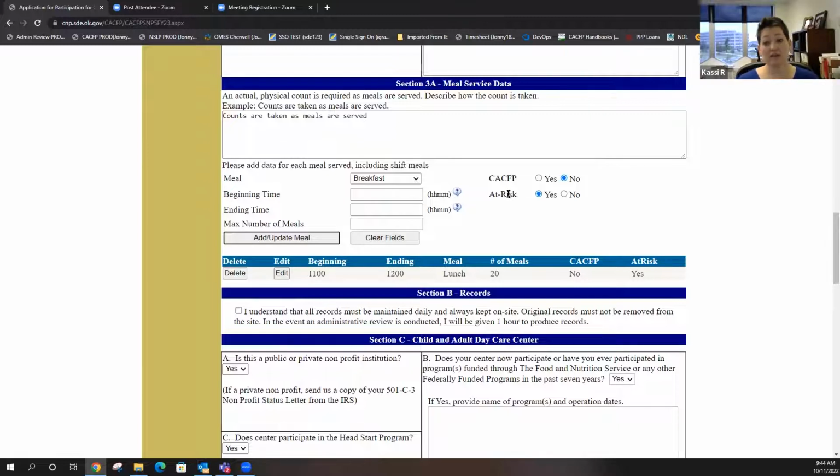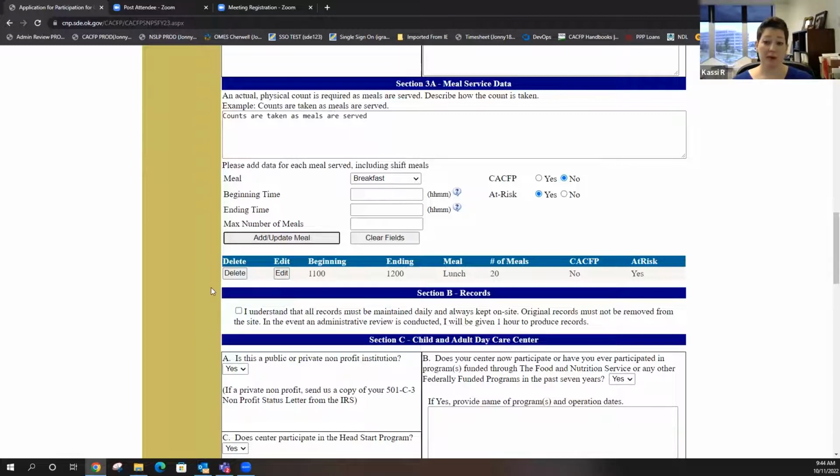And the one reason we've had to do this is for this reason. So say you wanted to do supper. I don't know, this is the best example I can find. You are approved for supper. We approve you in October to do suppers, and you claim October, November, December for suppers. But after the new year, you're like, you know what? I'm done with suppers. I'm not going to keep kids late anymore. I'm going to take that off. And so you go and delete your supper time.